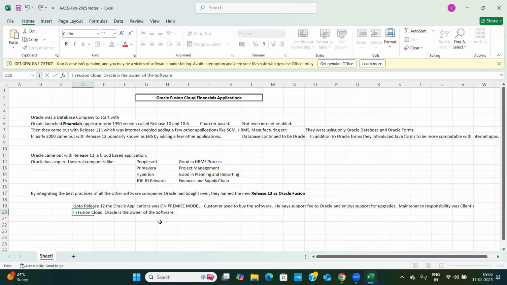Owner of the software. So the client pays as he uses. The client subscribes for the software as he uses the application. That means the number of users and how long he wants to use the application. Then he will subscribe for the application. Totally, this is maintained by the application software